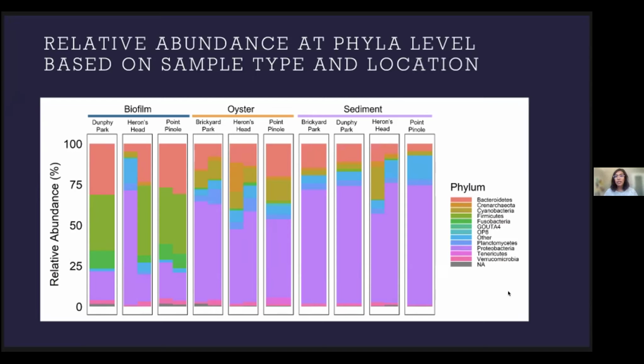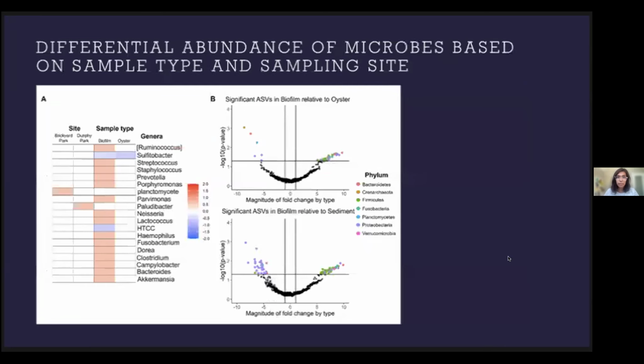What we did see was that the biofilm samples were distinct compared to the oyster and the sediment. That was the biggest takeaway for us from this. And it was a bit interesting because oysters exchange water and they filter water, right? They're usually found mucky in and around sediment. But it was interesting that the biofilm seems to be the one that was visibly distinct compared to the other 2, the microorganisms present within the oyster as well as outside the oyster in the sediment.